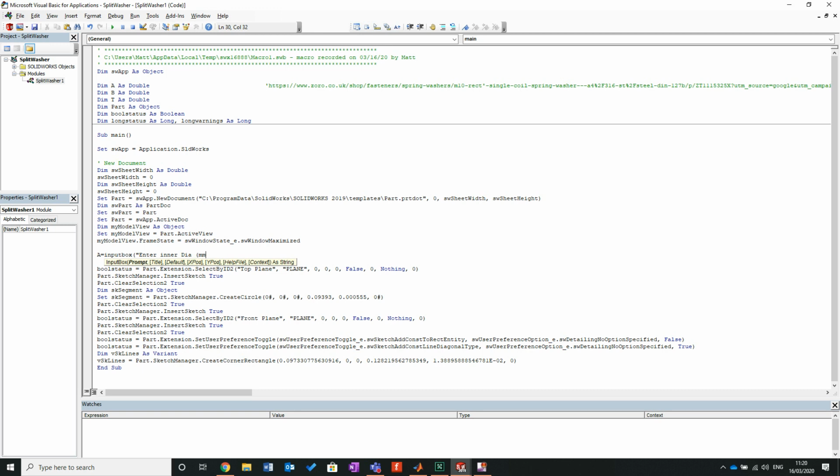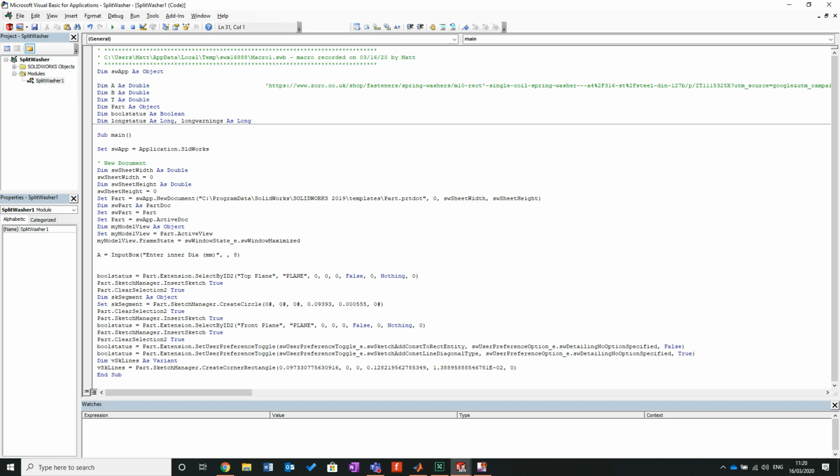Drop it to millimeters. Oh, I don't want to close that just yet. We'll put a default in there. We're going to go with an M8, and we'll assume it to be correct just on the initial charts. So if I close my arguments there and then go B is equal to InputBox,